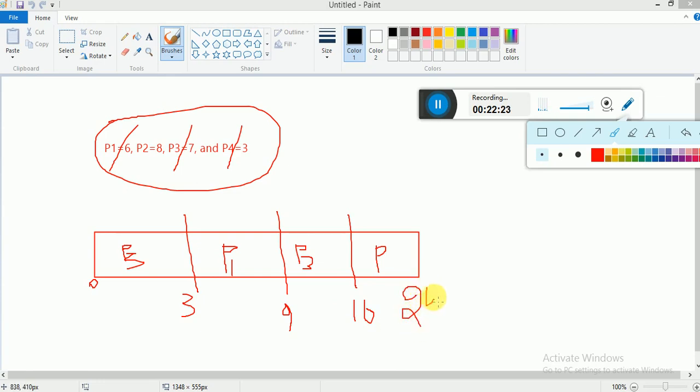24 milliseconds and it finishes. Now coming to the average waiting time of all the processes. What is the average waiting time? Waiting time says now... P4, I'm sorry, this is P4, okay, this is P4. This is not P3, this is P4, because P4 time is 3 milliseconds, right? Okay, now